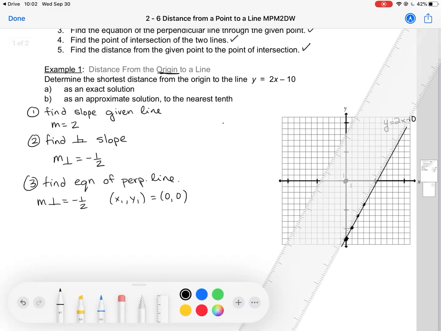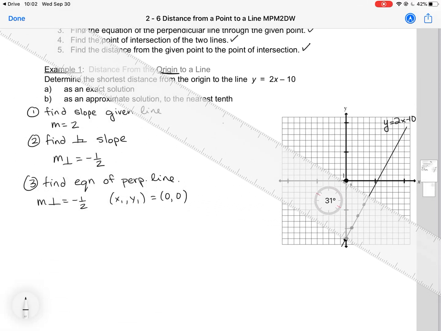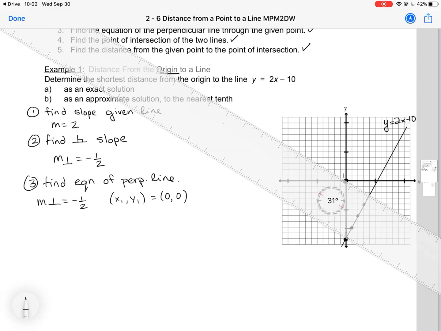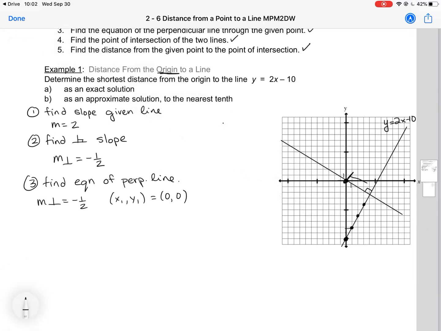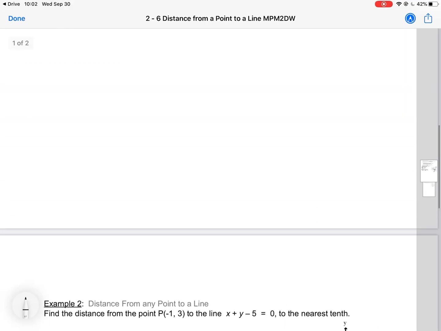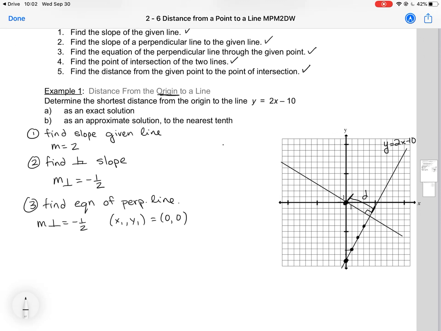That's going to be our origin. So let's put my ruler on again here and rotate. Okay, so it looks like it's about 90 there. And then I'm going to draw my perpendicular line here. And really what I'm looking for is the distance from here to here. That is my distance. Okay, so the equation that I'm looking for, let's call this line B, I'm going to use the point slope form that we did in the last video. So I'm going to start off with y minus y1 equals m times x minus x1. And then I'm going to substitute in my point, which is 0, 0, which makes my math nice and easy, which is great. So we're going to get y equals minus 1/2 x,